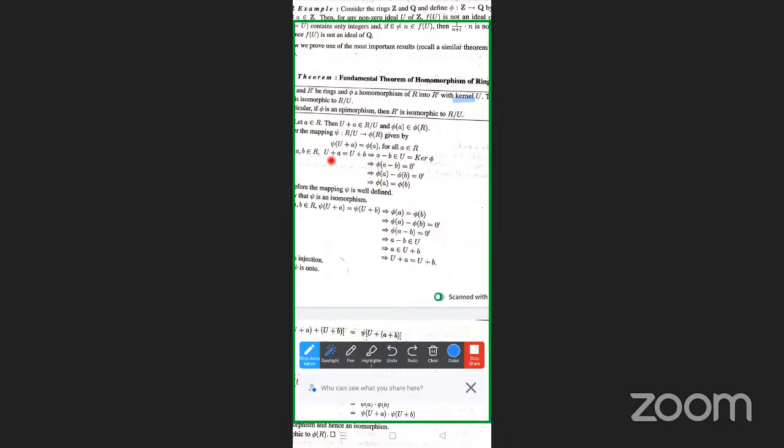Therefore π(a) equals π(b). So taking U plus a equals U plus b, we are getting π(a) equals π(b). Therefore the mapping ψ is a well defined function. Well defined means U plus a equals U plus b, and we have to show that ψ(U + a) equals ψ(U + b). So this is the well defined condition. Next,